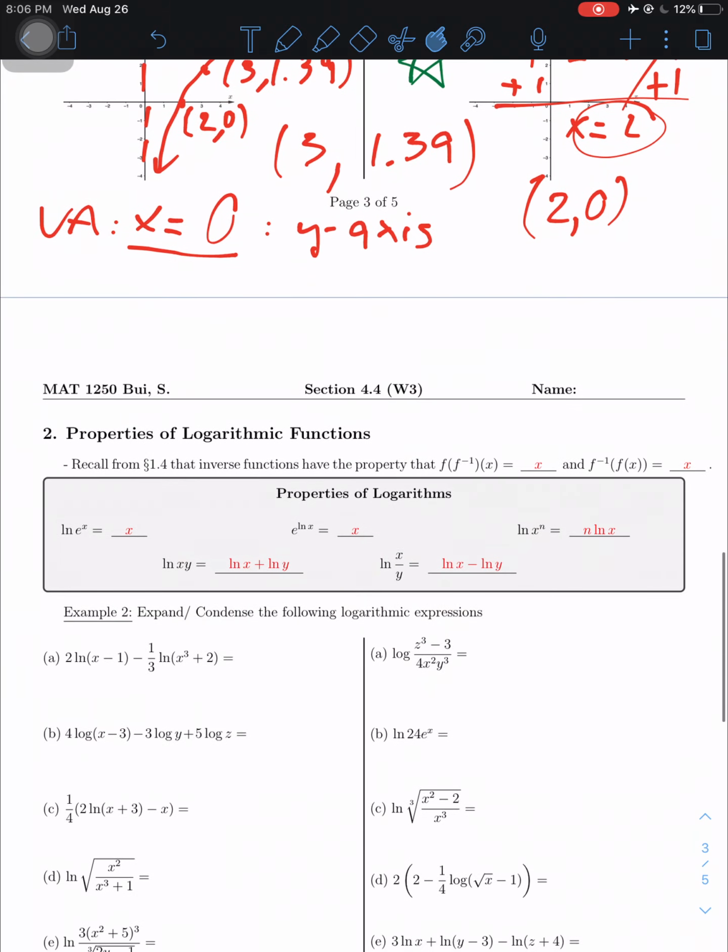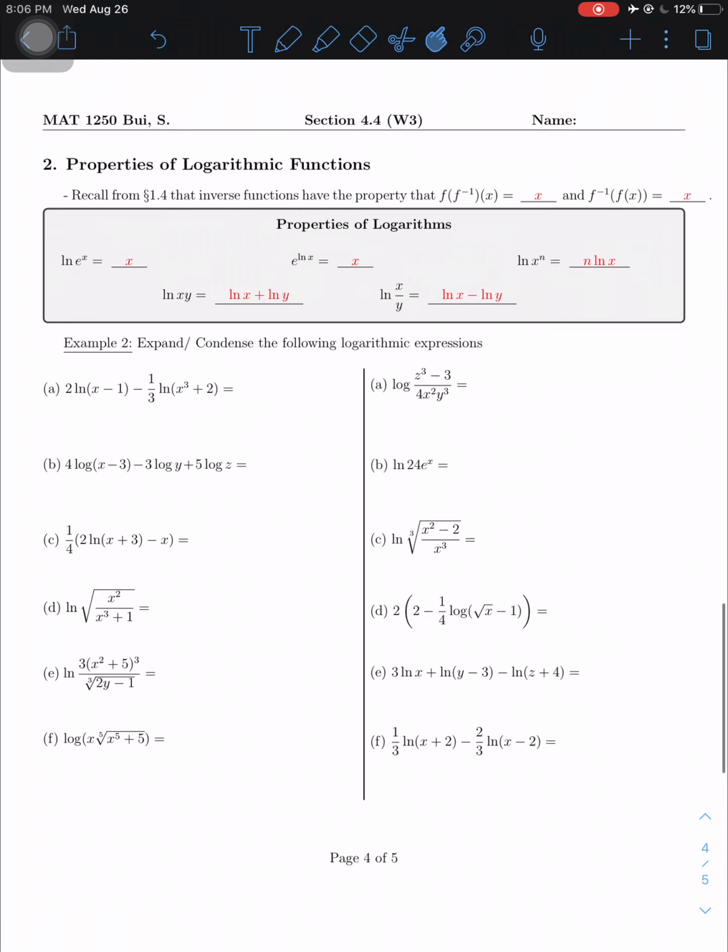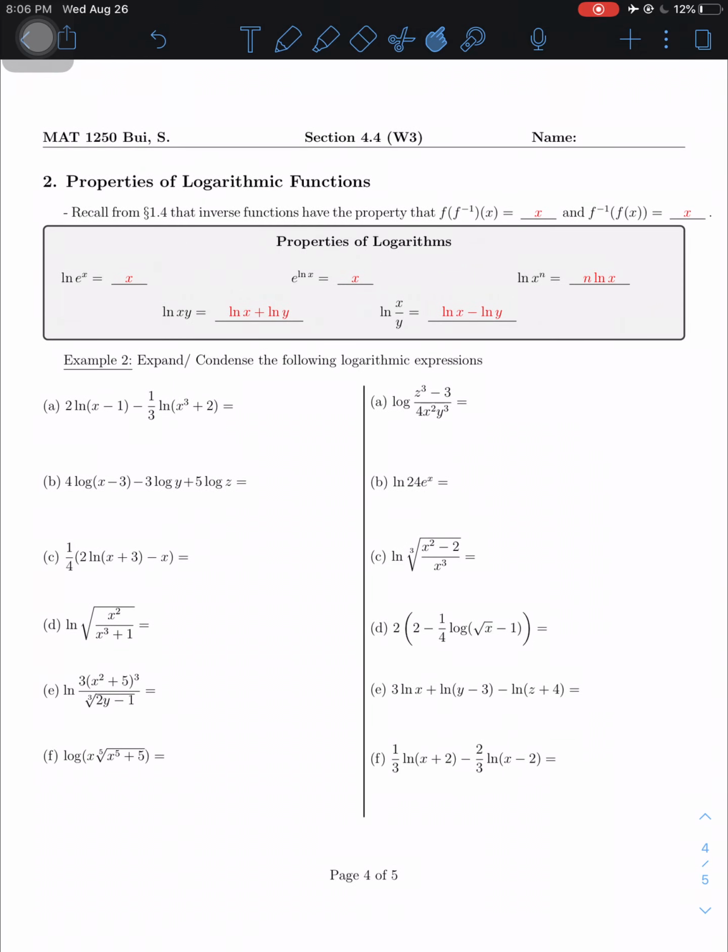And now let's move on to the next objective. Number 2, properties of logarithmic functions, okay? So just like the table of properties for exponential functions, we have some properties also for logarithmics. We have less than 7, just like the last time. We have 5 properties in here. The very first property,